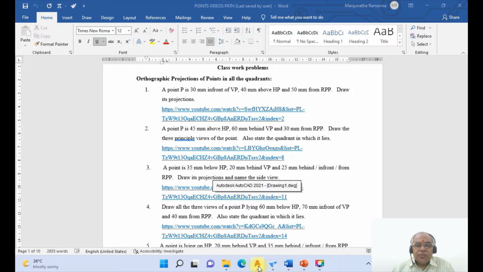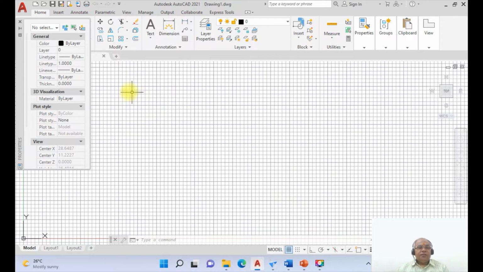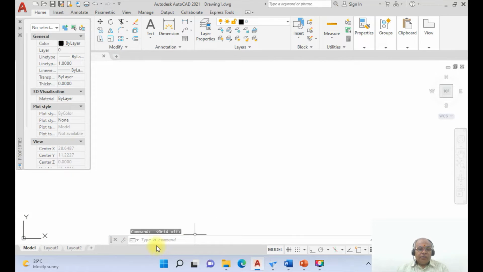So first we'll go to the AutoCAD software. This is your screen in the AutoCAD software. Now this is the grid. I will switch off the grid, and now I will adjust the limits of the drawing. So here, first I am going to type limits,